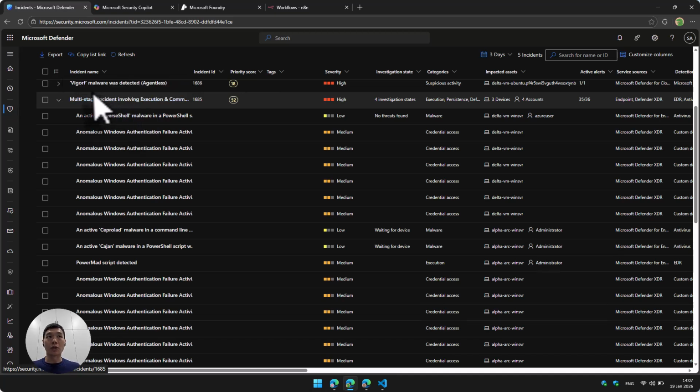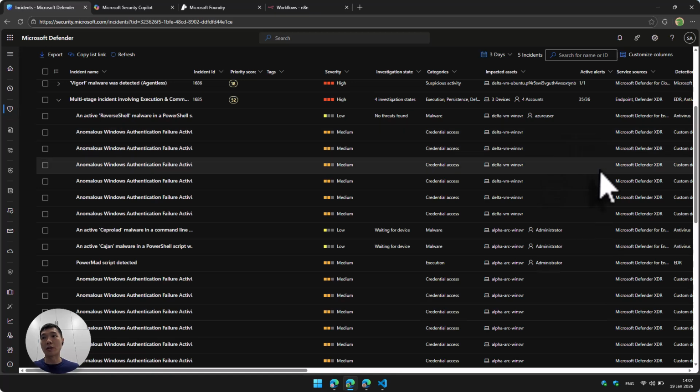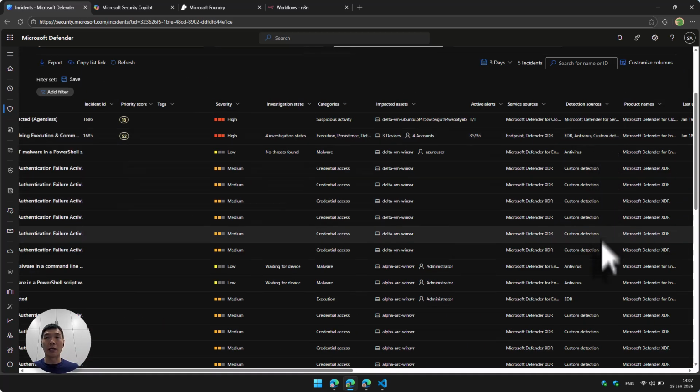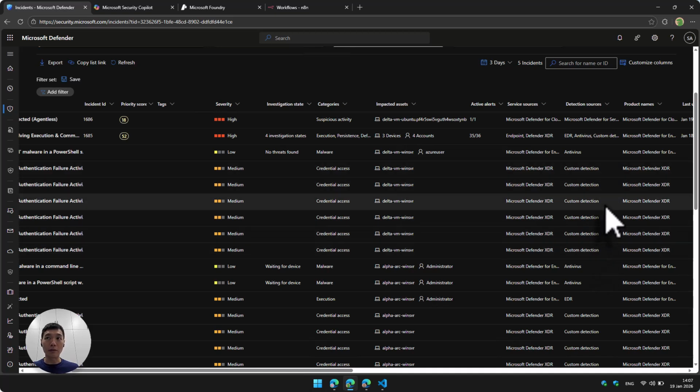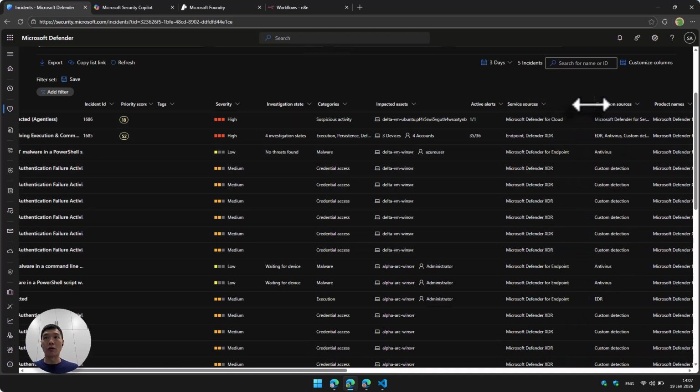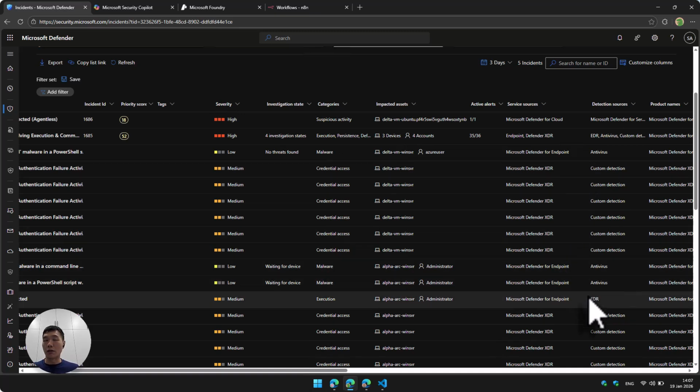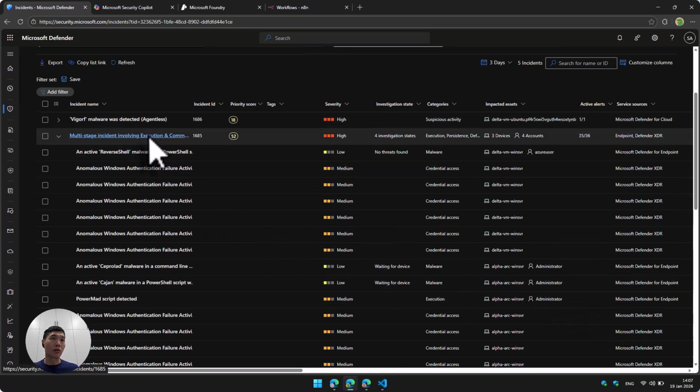To put them into some sort of multi-stage incident, which in this case, this particular incident, for custom detection, actually means the data that is coming into the Sentinel SIEM, as well as it got correlated into Defender for Endpoint, in terms of the antivirus as well as the EDR detections. So clicking into this incident,